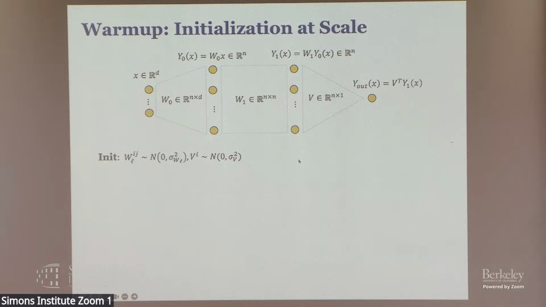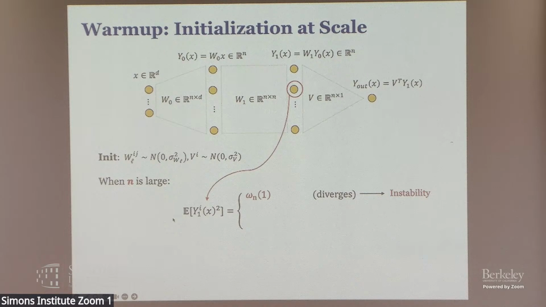Now, practitioners want to scale the model, and when you scale the model, you pre-train from scratch, so you need to reinitialize the model. You can think about what happens to one of these neurons when the width is large, as we increase the width of the model. If we look at the expectation of the second moment of one of the neurons in this layer, this is the expectation with respect to the random initialization, at initialization, so there is no training.